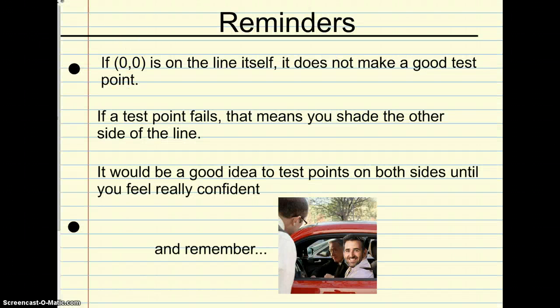Reminders. If 0, 0 is on the line itself, it does not make a good test point. Use a different test point that is not on the line. If the test point fails, that means you shade the other side of the line. It would be a good idea to test points on both sides until you feel really confident. And please remember,